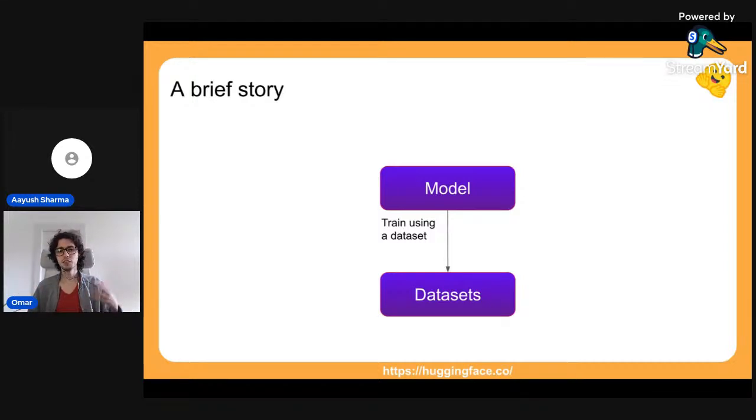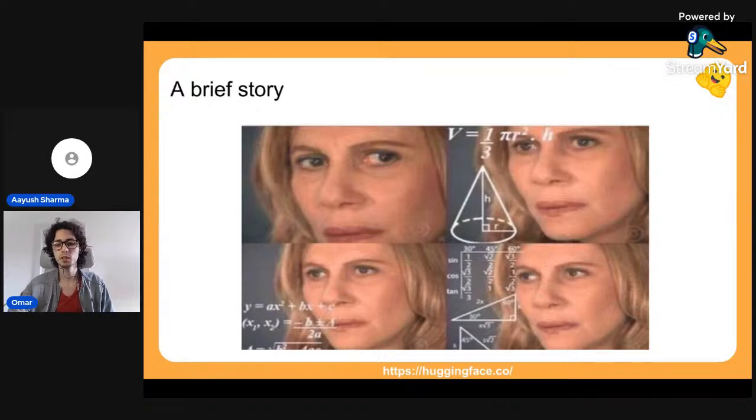And usually out there in the industry, obtaining this data for your specific task can be one of the most challenging parts of a successful ML project. So there are many models out there, but getting the data can be quite complicated. And then even if you have data and you train a model for this, you might not get the right results that you were expecting.